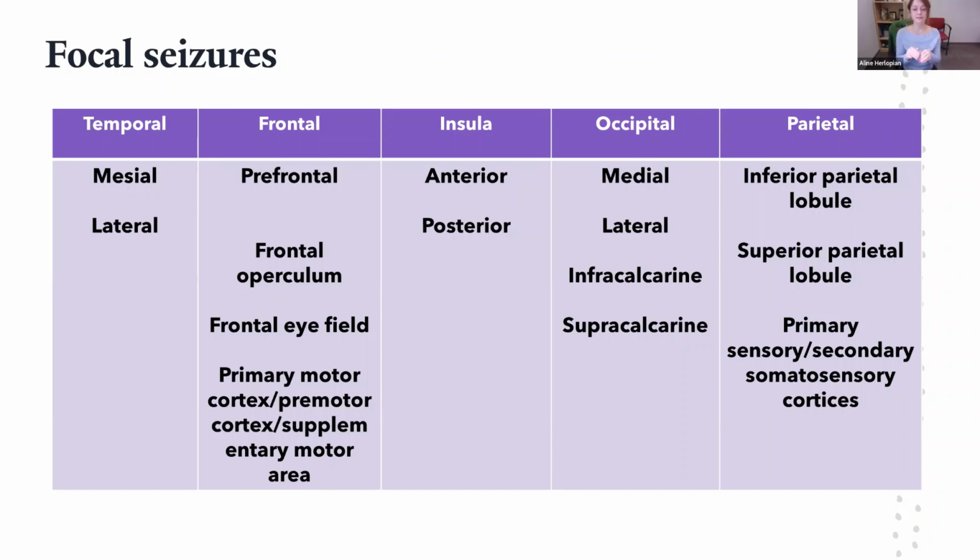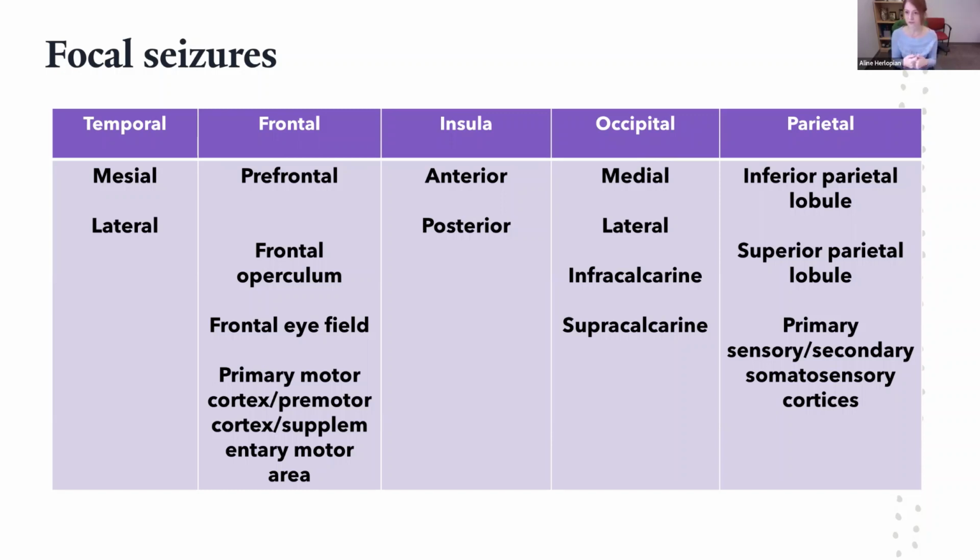Occipital, medial, lateral, infracalcarine, and supracalcarine. Infracalcarine and supracalcarine are a bit different simply because it depends on the propagation pathways. And again, we come to the concept of network. If the seizures are infracalcarine, then they can propagate down to the temporal lobe and cause different manifestations. If the network goes from the supracalcarine pathway, then we would have different manifestations like parietal frontal manifestations and more